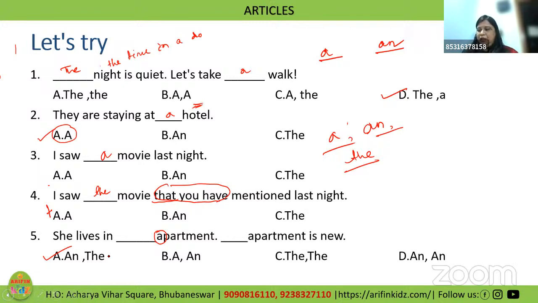Before a vowel, an. Now, Sai Ishita, tell me, before a vowel, that means vowel letter or vowel sound? Shantanu Panda: we use a before a consonant sound, and an is used before a vowel. Very good. Urshita is saying she lives in the apartment. Swati has written "the" is used. Krupa says a is used before a noun that starts with a consonant.